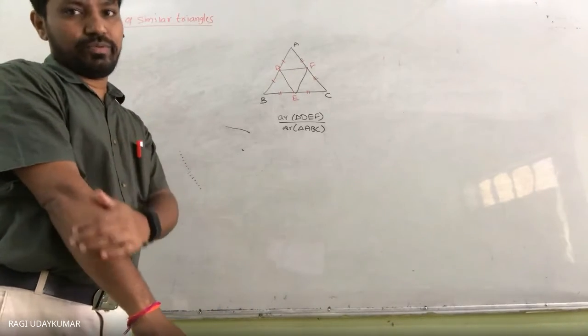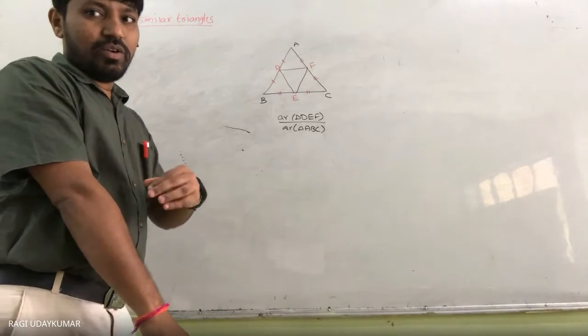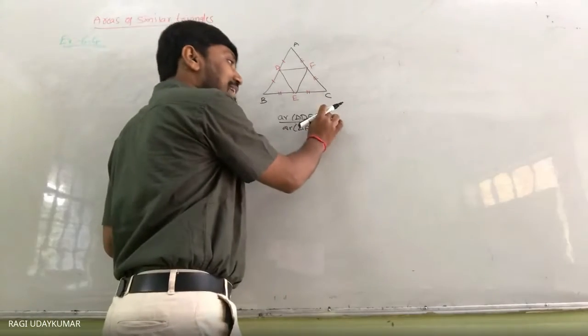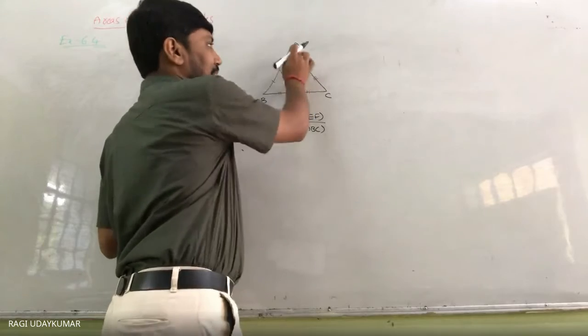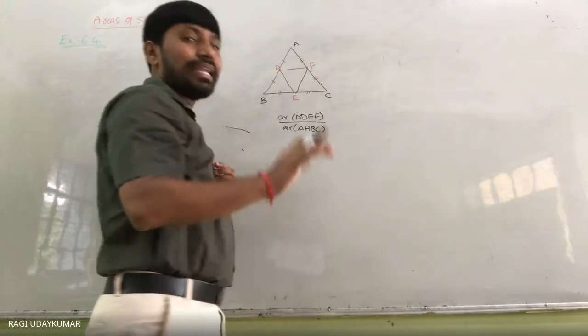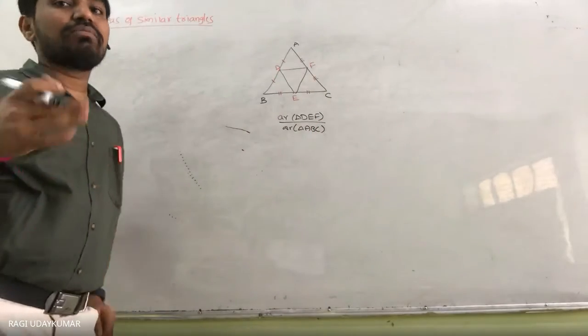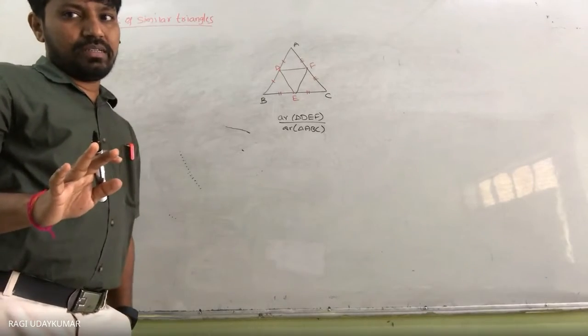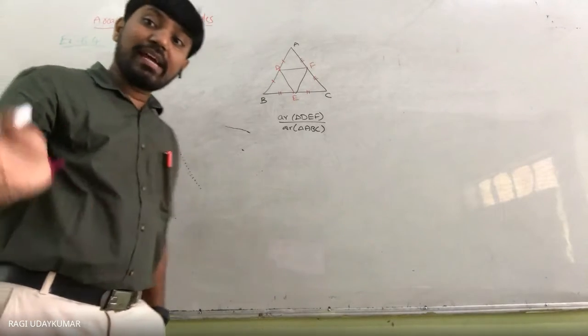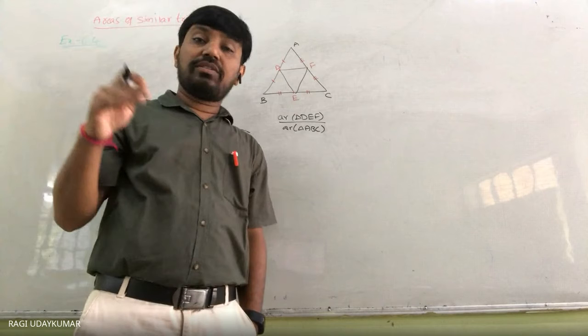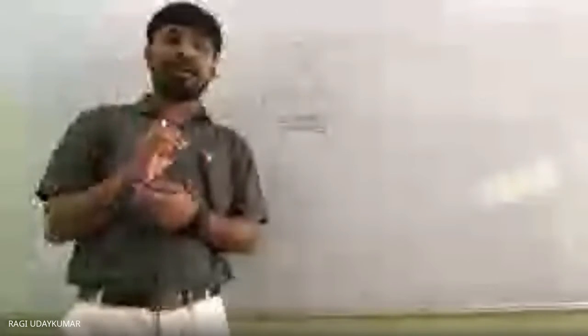What it is asking you. It is asking DEF to ABC. So DEF is 1 part, ABC is 3 parts, but all are equal parts actually. So that's why you are going to get 1:4. In the question, look, the ratio of the area of triangle DEF is asked first, ABC later. Concentrate more on these points.